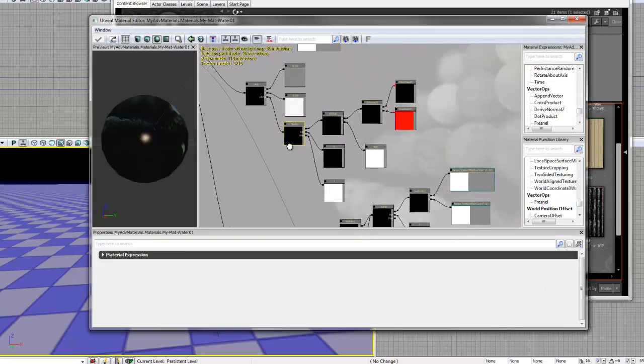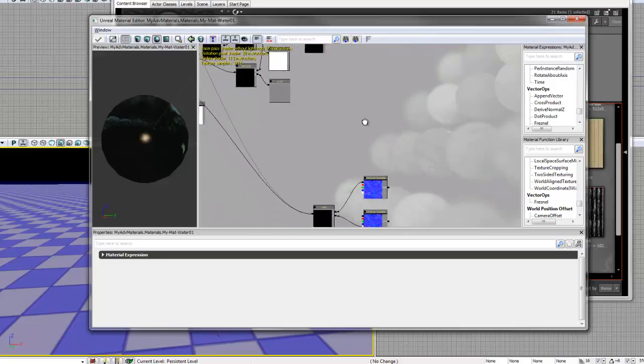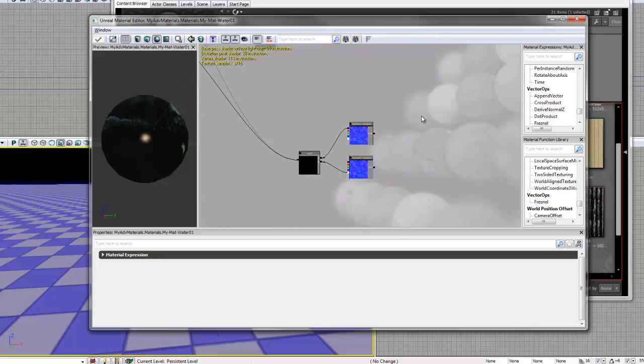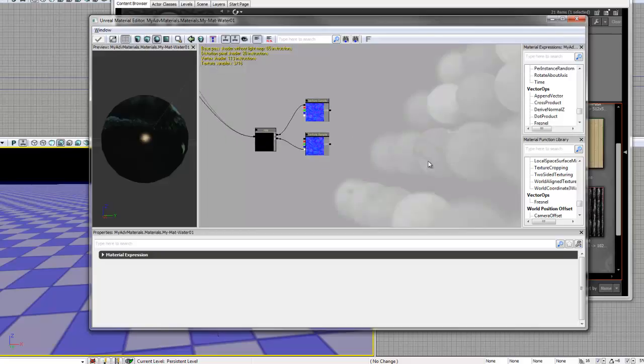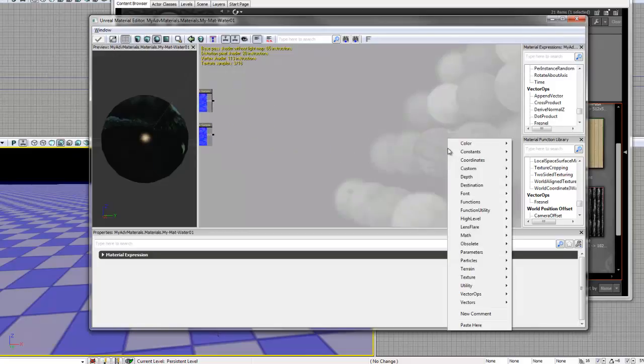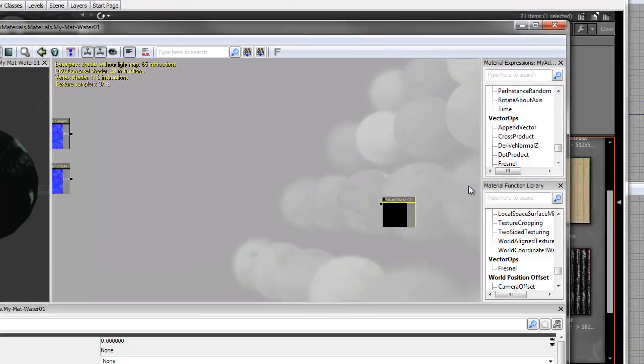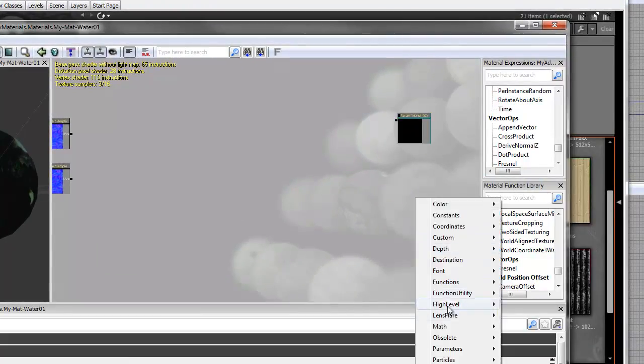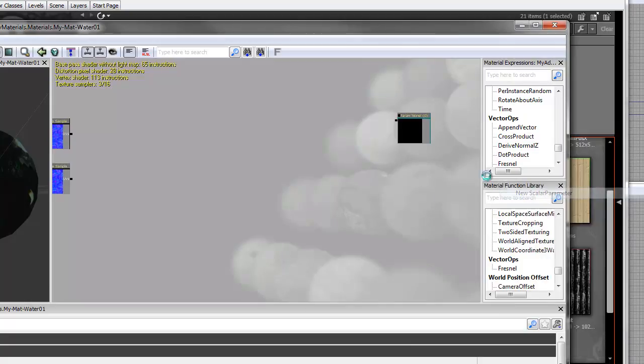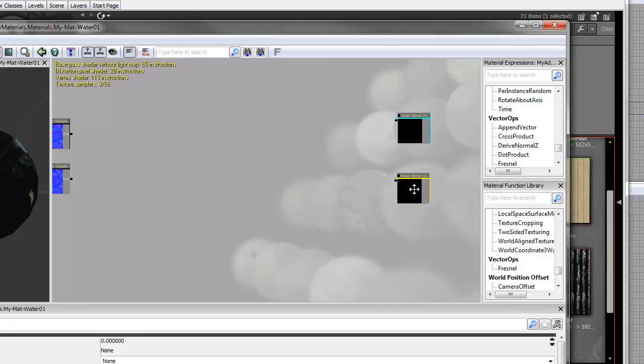Okay, now the final step in making this material look realistic is to apply the combination of the speed and the timing of your materials, so the ripples will become animated on the surface of your objects. Now to do that, I need two parameters, one for the speed of the ripples and one for the tiling of my material. So bring two constant parameters or two scalar parameters, and then call one of these scalar parameters